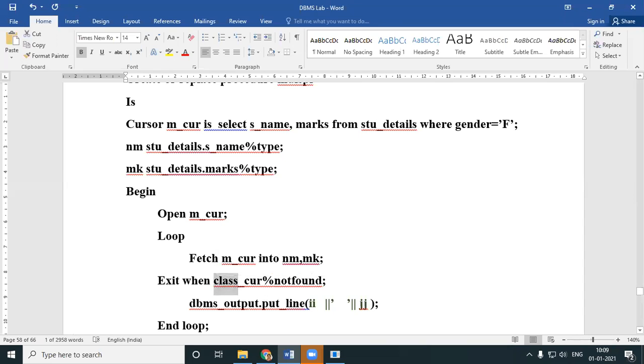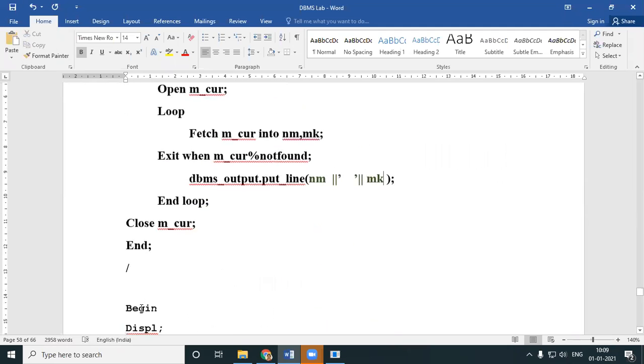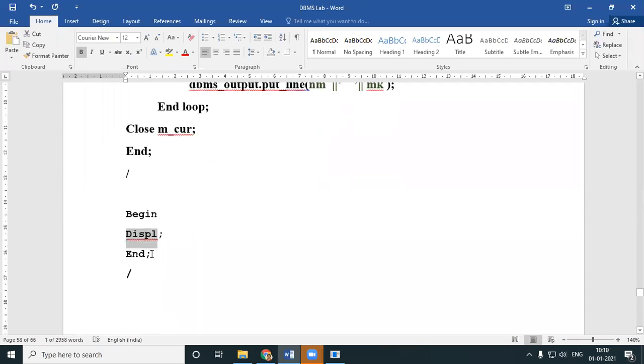Exit when you reach the end of the record, mark cursor. You're going to display the name and the mark. End loop, close the cursor. In your main, you'll have the M display.